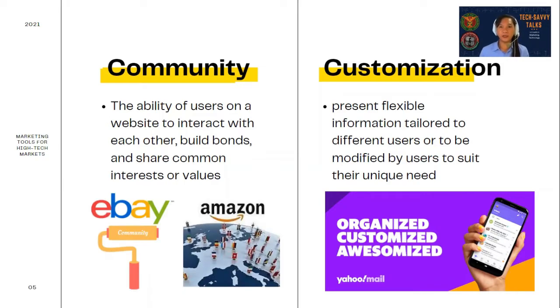So the next element of an effective website design is customization. This is where we modify the website design to suit different users. An example is Yahoo email, where you can choose a theme that reflects your mood or simply opt for a color that matches your eyes. Change your message layout, enable the message preview pane, and select appropriate inbox spacing to customize your inbox and create the perfect email experience.